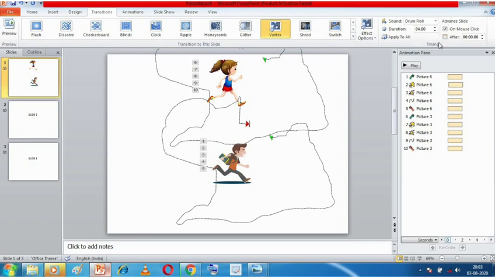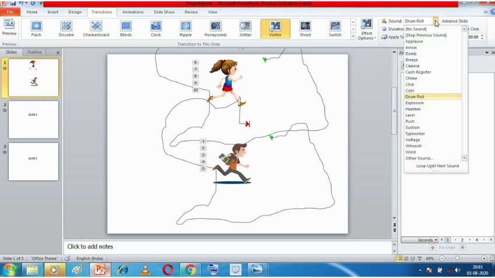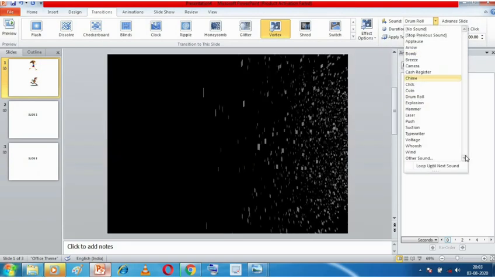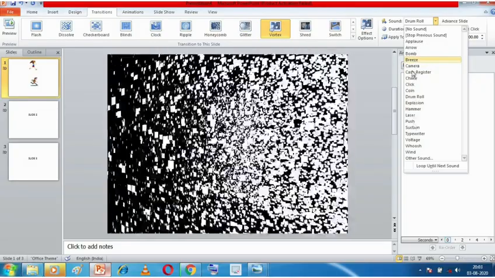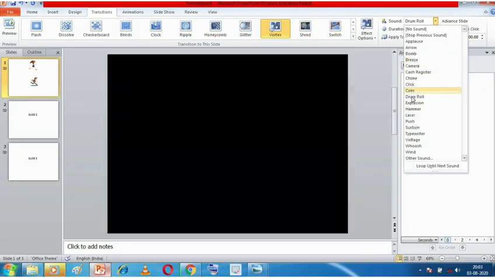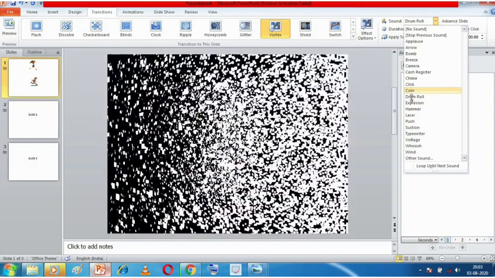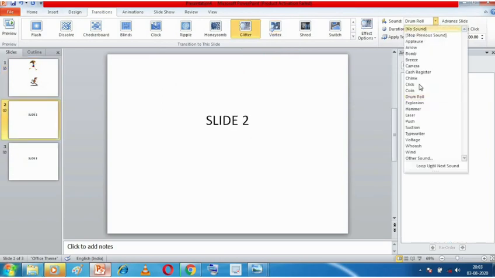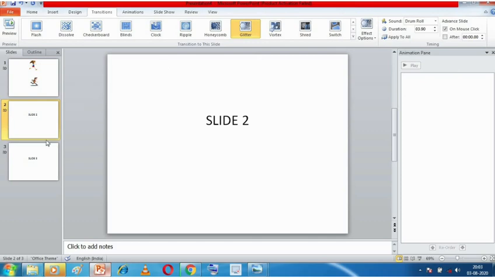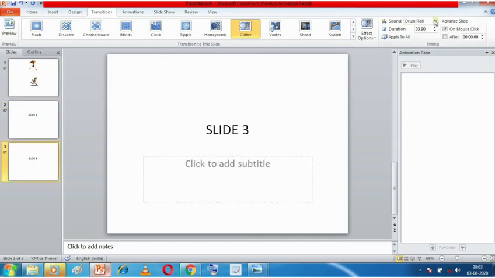Come to this Timing group over here in the Transitions tab. This is the Sound option. Come over here, there are many sound options available. Suppose you want this drum roll sound effect. So now along with your transition, a drum roll effect will also be played, a sound like the rolling of a drum.